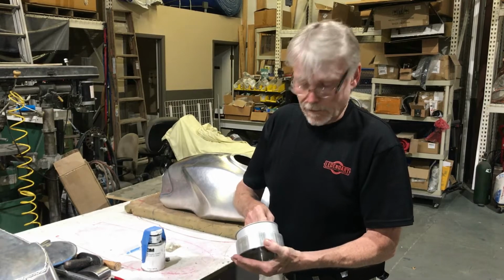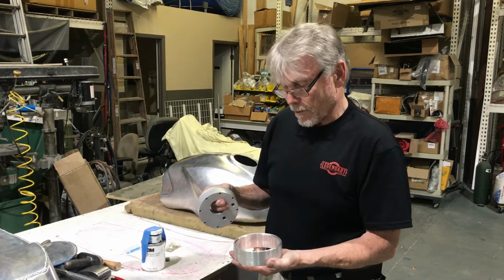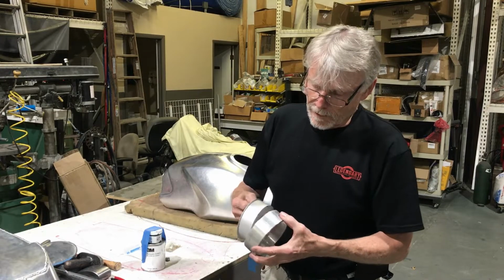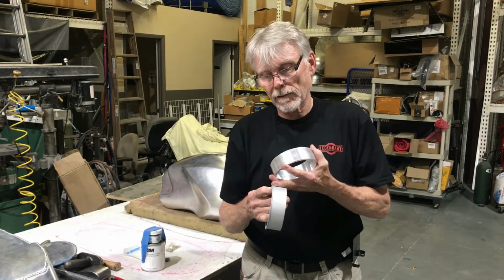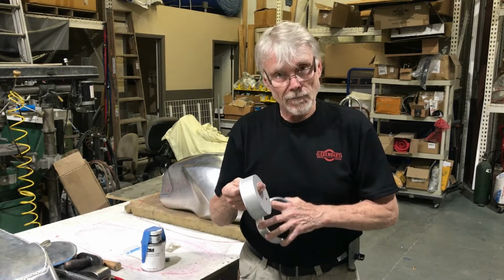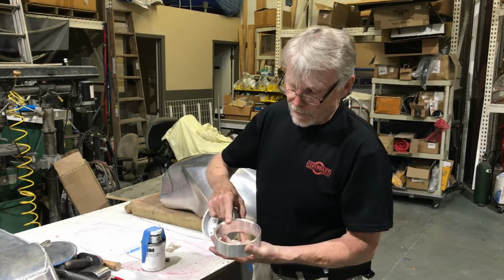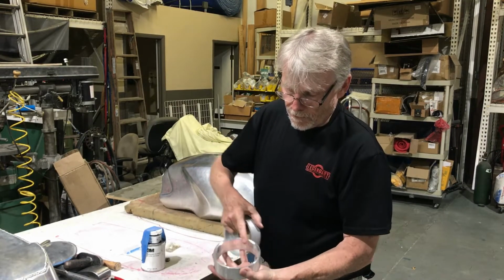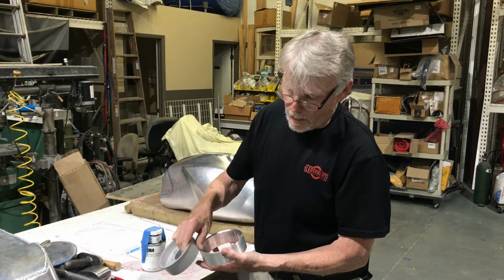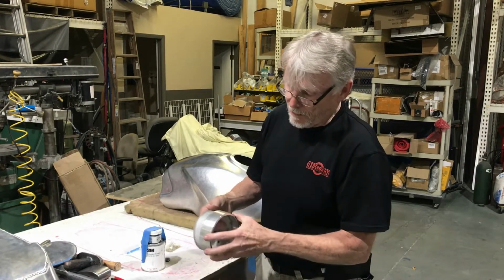whole fuel delivery system. And what I did here was I took an aluminum ring, actually aluminum pipe, and I cut it to fit this. And what I did was I took this little, think of this as an exhaust valve or an intake valve on a four-stroke engine, and think of this as the valve seat right here. I cut these at the same angle, maybe 1 degree interference angle on this, and these fit together. And the idea of this is